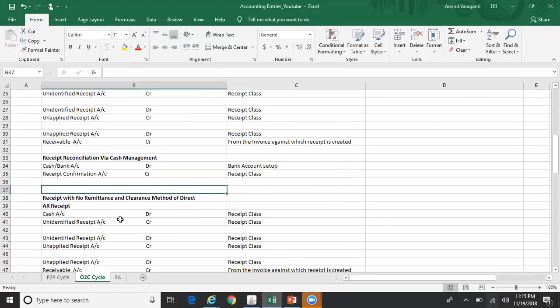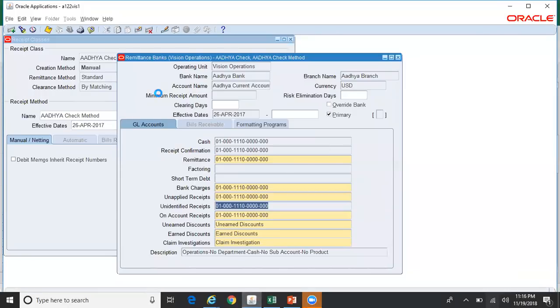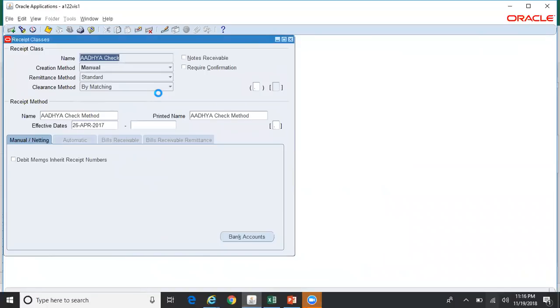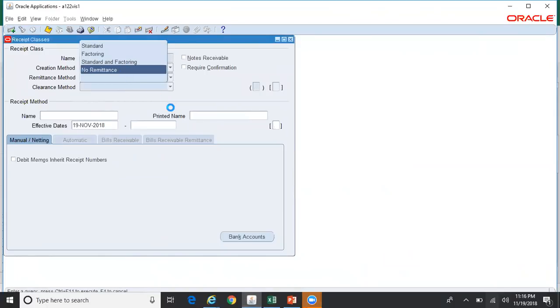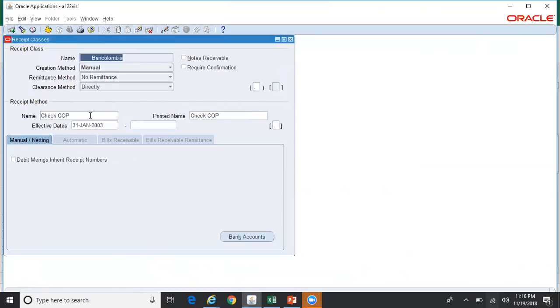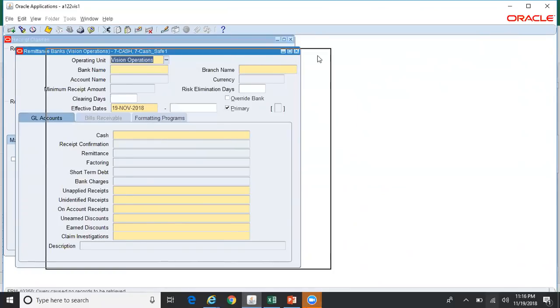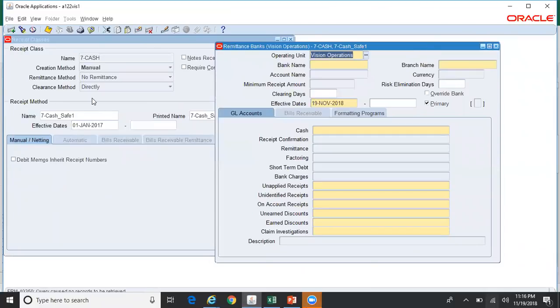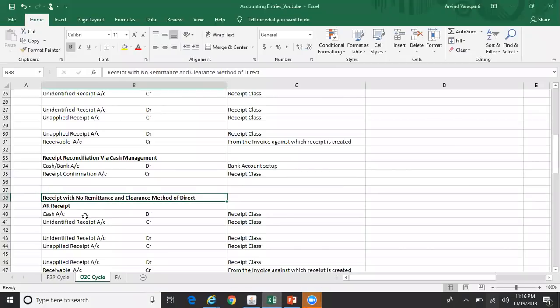And let us assume you try to create a receipt with no remittance and a clearance method of direct. So no remittance, maybe query for any of the existing receipt class with no remittance. Maybe this is a bad example. Let me pick up something else. Anyways, I'm not able to get any exact example, but as far as the receipt with no remittance